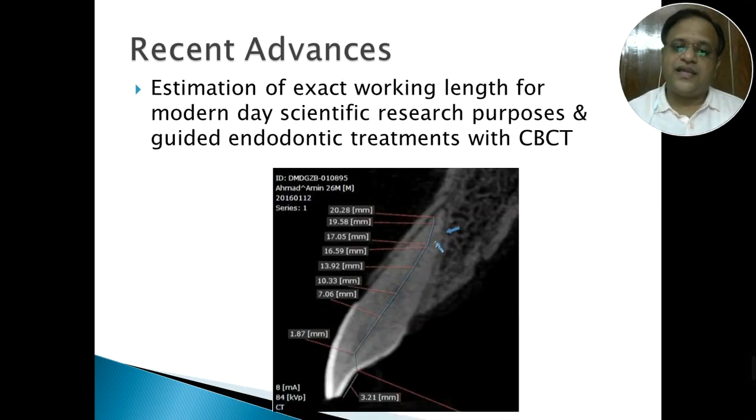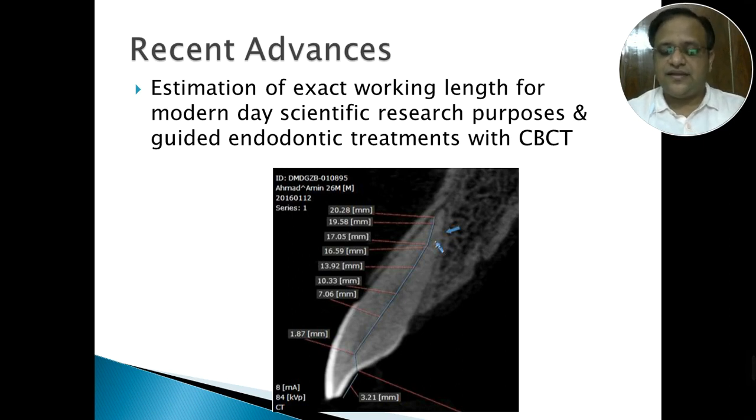Coming to what is the exact working length, how do you actually find out the exact working length without even treating the tooth? In certain cases, when we are doing research studies or for guided endodontic treatments, CBCT or cone beam computed tomography is taken. These are the 3D images of the tooth in real time. So the softwares are good enough to understand the actual working length or trace the entire canal, where it exists and where it starts, where should be the point of entry from the reference point, also till where the portal of exit is there.